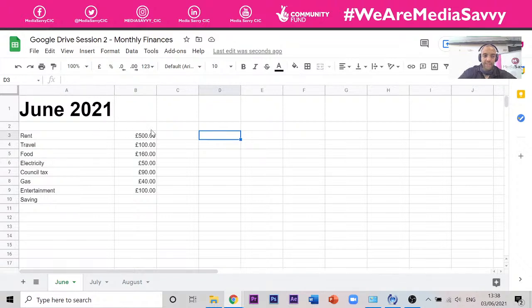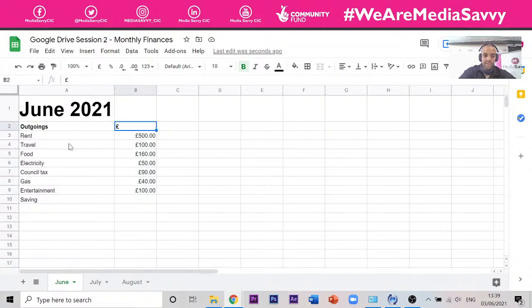What I want to do now is add two little titles above our table here, but first I want to include another row here, because if I start typing, actually, I'll type in outgoings, and then I'm just going to put a pound sign there, and I'm going to highlight these by clicking on that box, clicking on the next box along, holding down shift at the same time, and then clicking B to make that bold. And I'm going to,